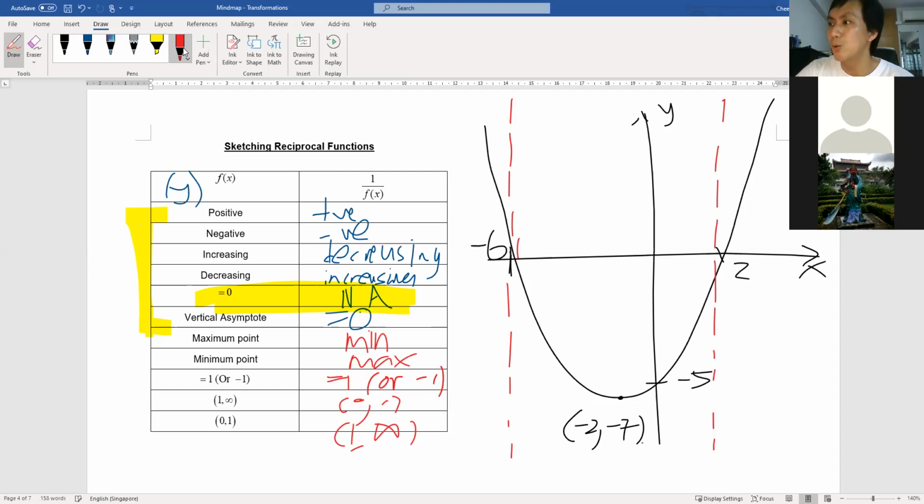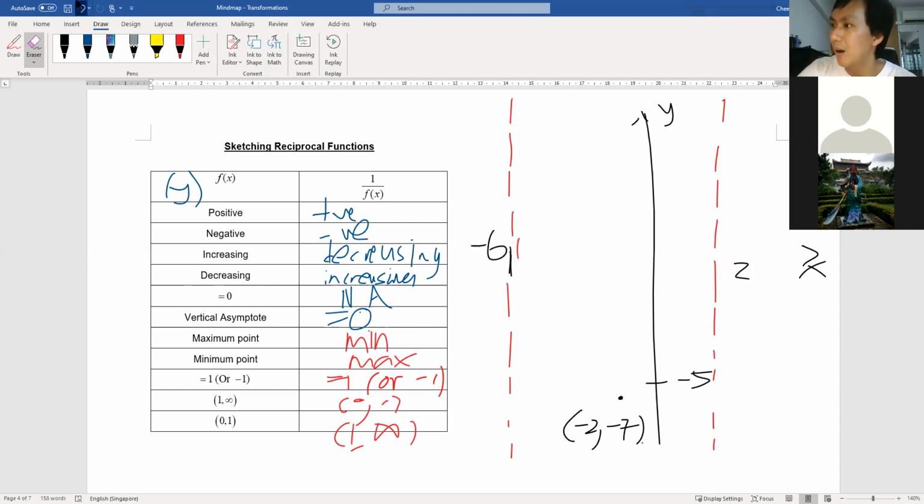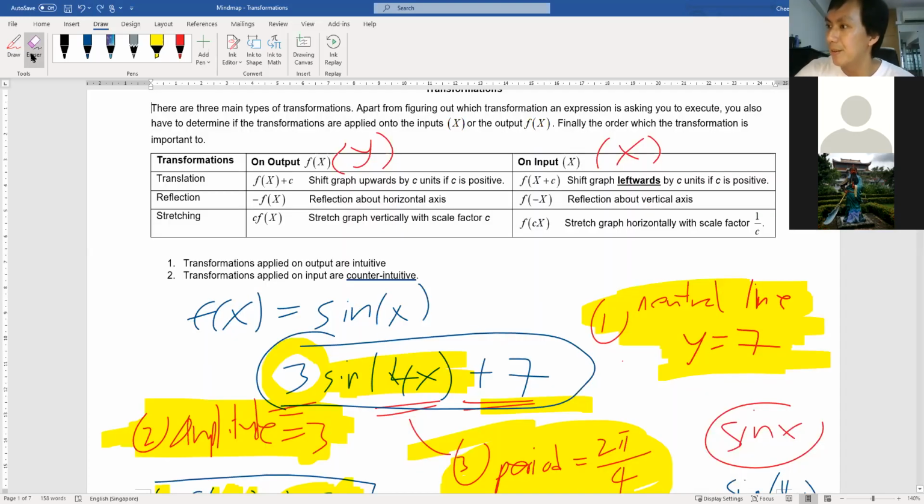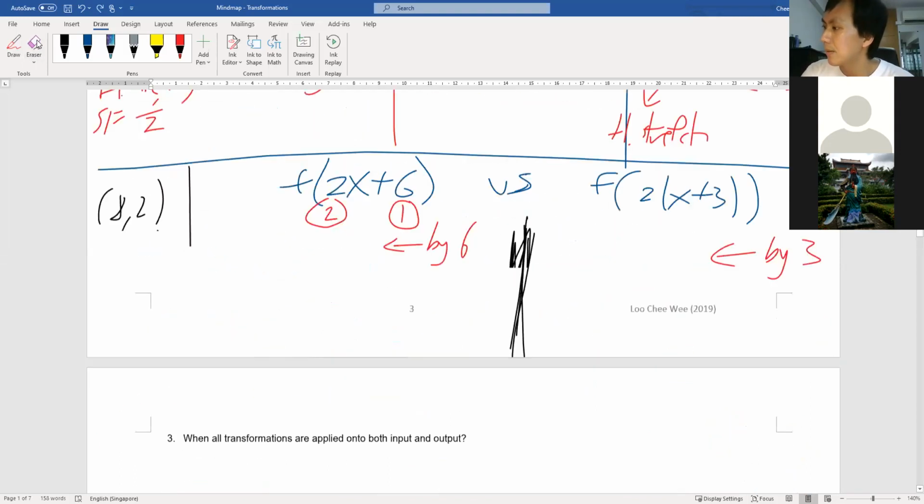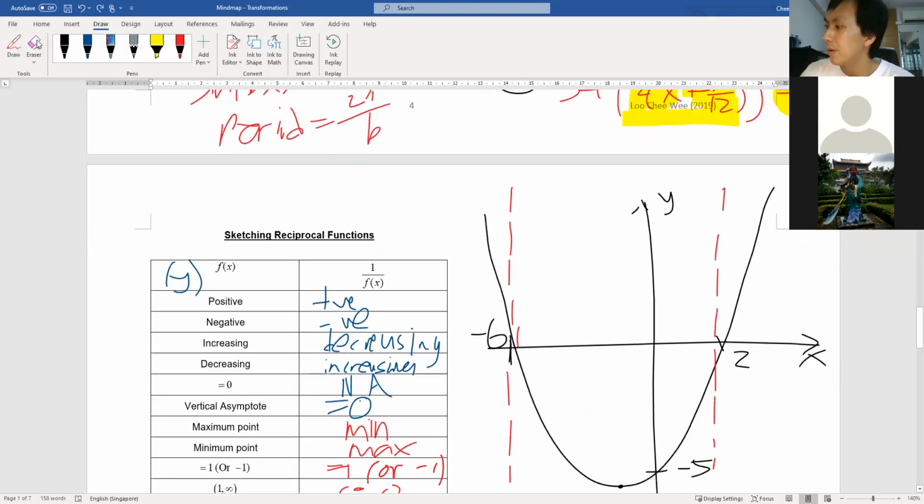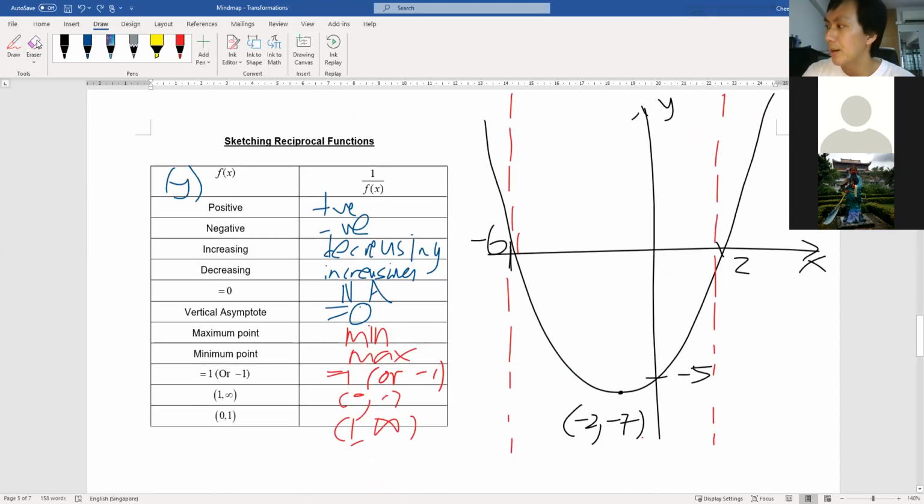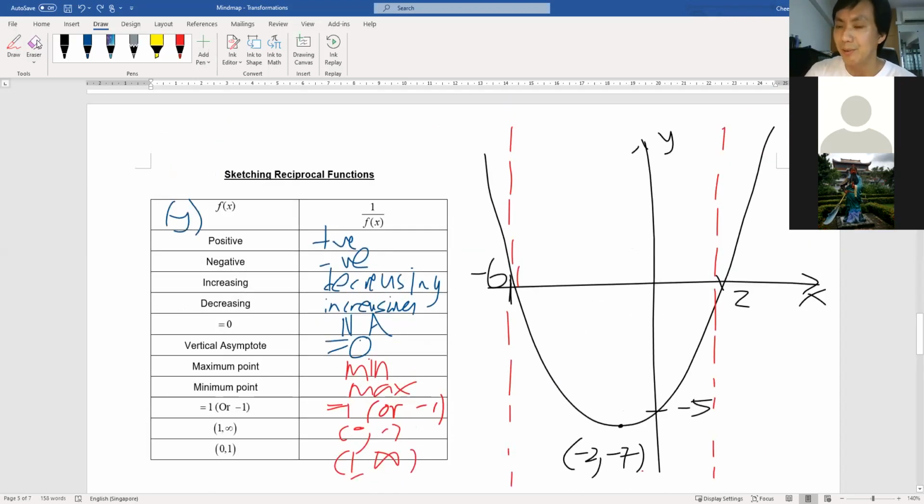Okay, so having these two vertical asymptotes now splits this domain into three partitions: before -6, between -6 to 2, and after 2. So what you need to do is to sketch these three sections one by one right now. If you look at the last section, sorry, give me a minute. From 2 onwards, if you look at the black graph, okay, Henry, you tell me,